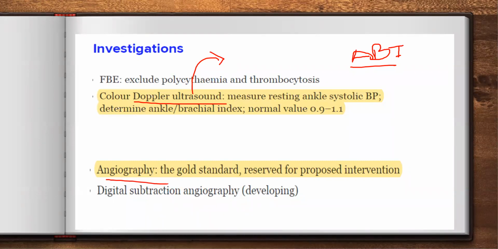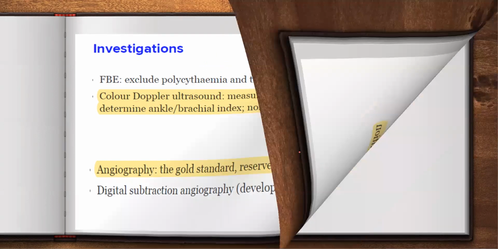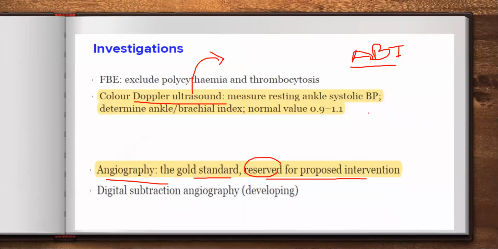Now, angiography is the gold standard, and it is reserved for proposed intervention. So that's the important thing. You only do conventional angiogram if you think that this patient needs intervention. Which patient needs intervention? Patient whose ABI is less than 0.4, patient who is having severe rest pain due to peripheral vascular disease, having ulcer or gangrene, these are the patients who need